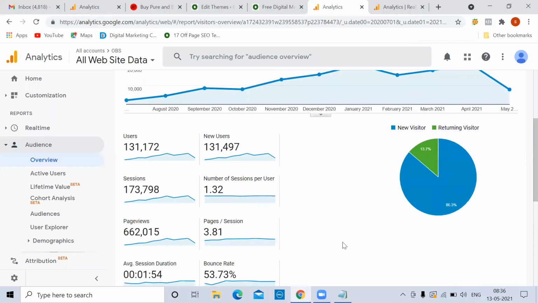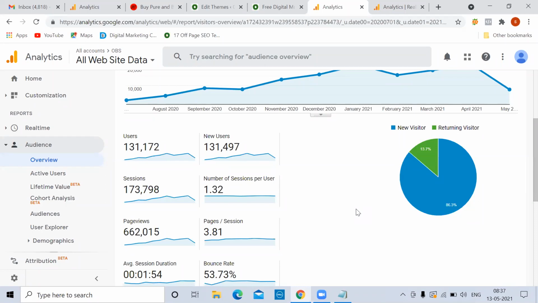Right. So as of now, if you see, the new visitors are 86% and returning customers are 13%. People coming back means maybe your remarketing is working, or else people consider you as a brand and they directly type OBS and come back to your website. So you have to focus more on this. You need to attract new customers as well as retain the existing customers. As of now, we are in a growing stage. That's why new customers are more. Maybe down the line, in 2 to 3 years, our returning customers should be 30 to 40%. Then we have established the brand.